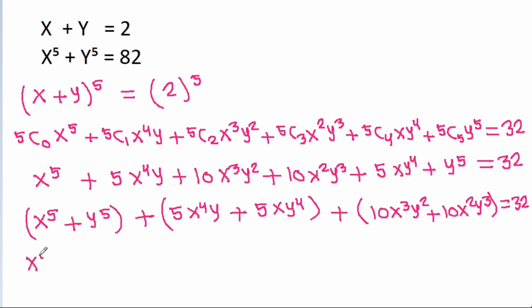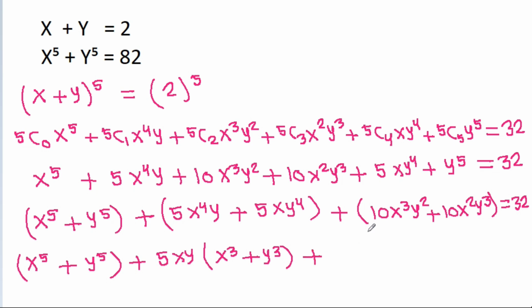And it is x power 5 plus y power 5 plus, here we can take 5xy common, and we will get x cube plus y cube plus, and here we can take 10x square y square common, and we will get x plus y, that is equal to 32,